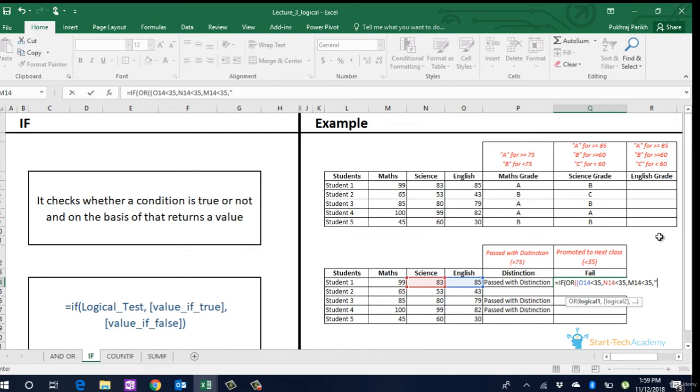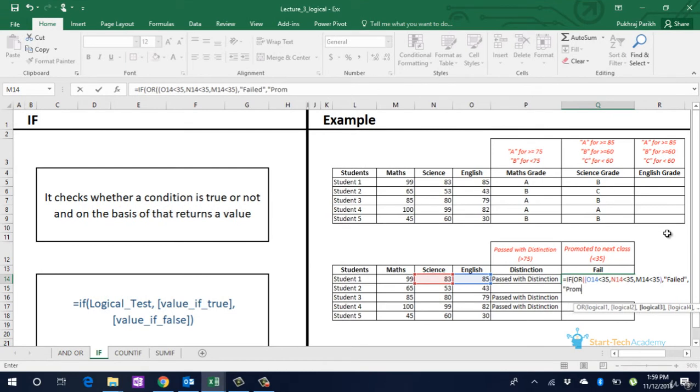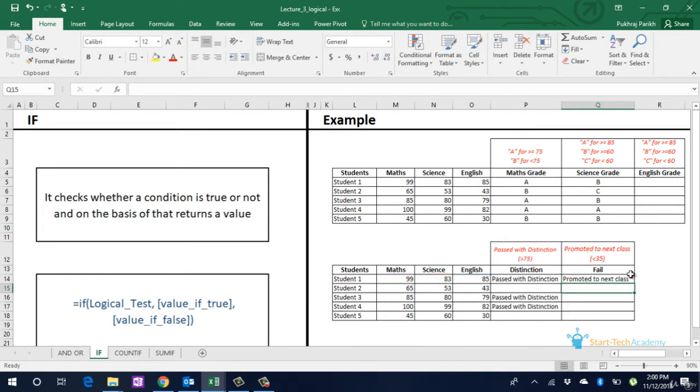If true, failed, else promoted to next class. Extended for other students also. The last student 5 has failed. All the other 4 students have been promoted to next class.